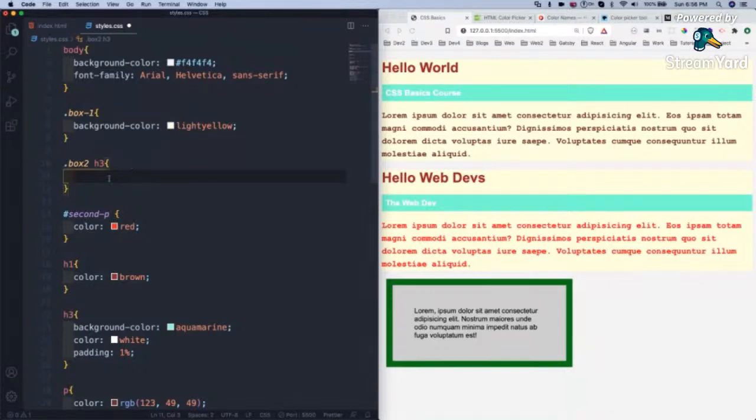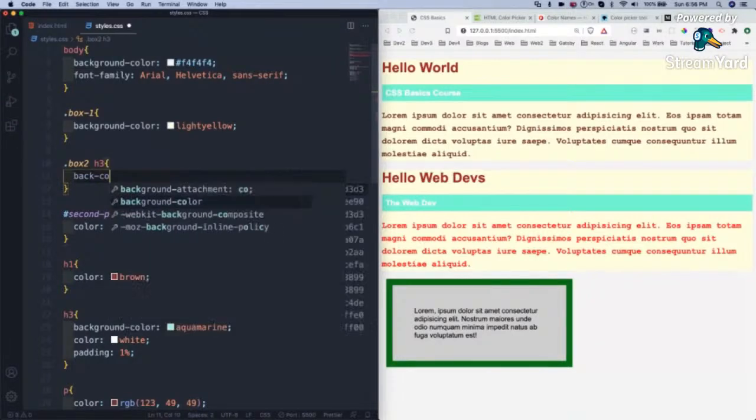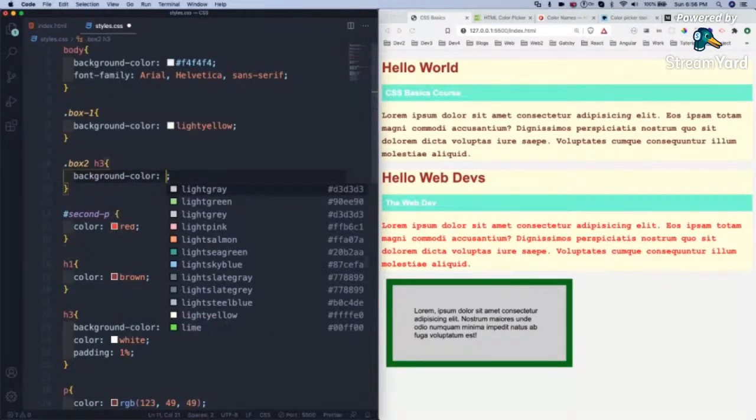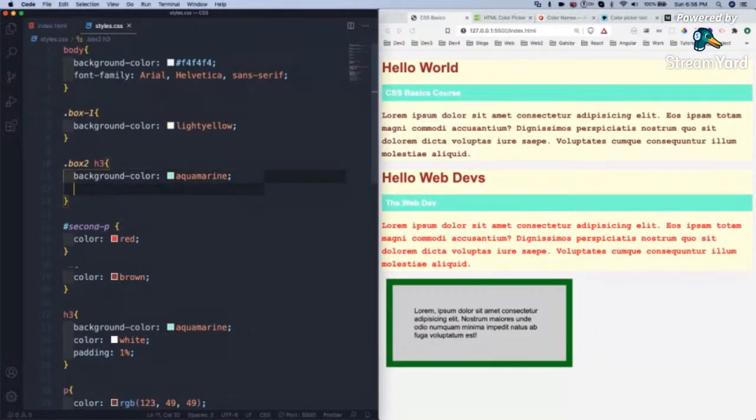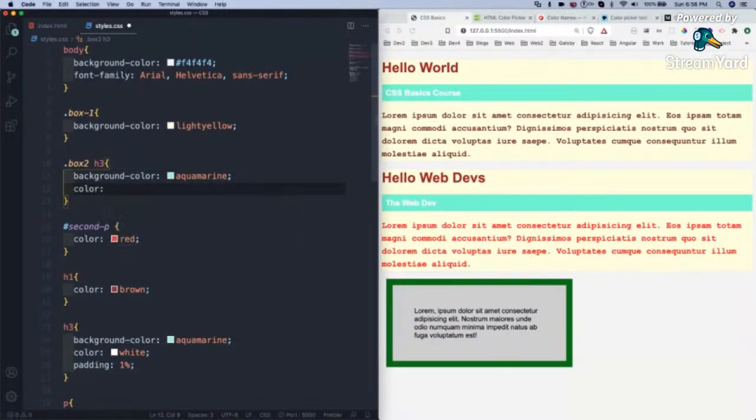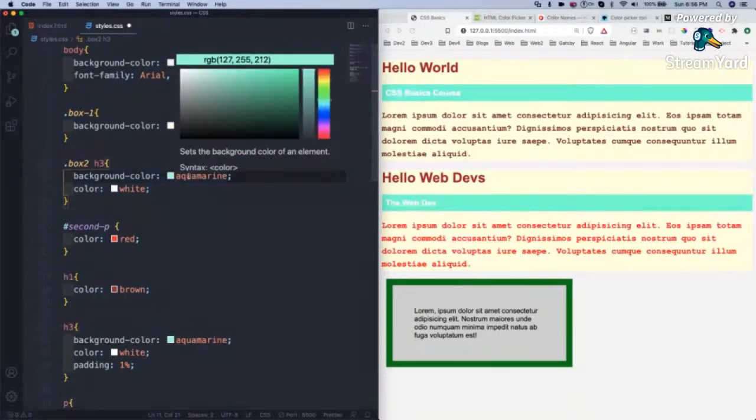So let me change the background color, and the color white. Again it is the same. This is another way to change the color. I can directly change it from here.